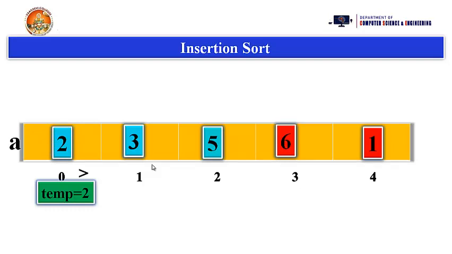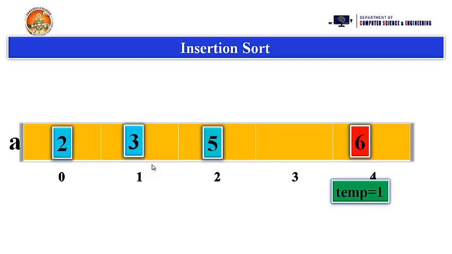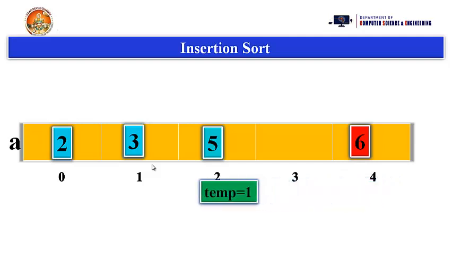So we are comparing the temporary value with the previous index position values. Now come to the next comparison, 6 and 1. What is the relationship between these two? 6 is greater. Again we need to swap the values. Using the temporary variable, first store the 1 in the temporary variable and shift the 6 to the fourth index position. Then we move to the previous index positions and compare the temporary value with the previous index position value, so 5 and 1.